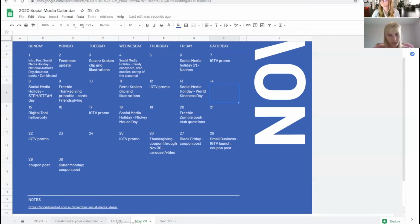I don't have it posted, but I can post it today. So what do you mean, post it? You mean put it in Essie? Yeah. So what if on the 9th you have the freebie printable cards, and that's going to go for Friendsgiving. What about on the 10th? What if I do a table setting with the placemats,